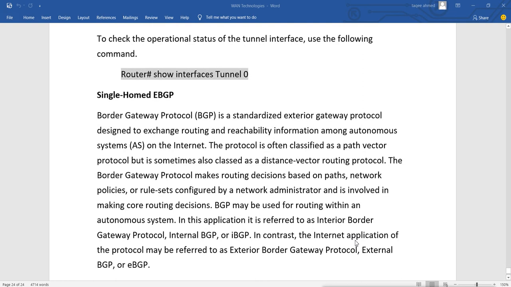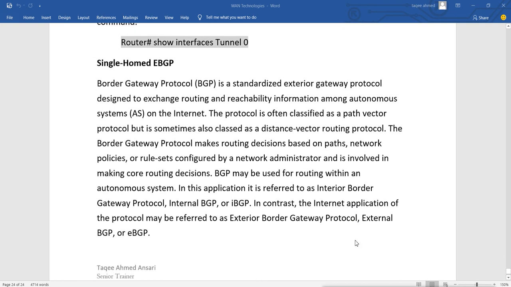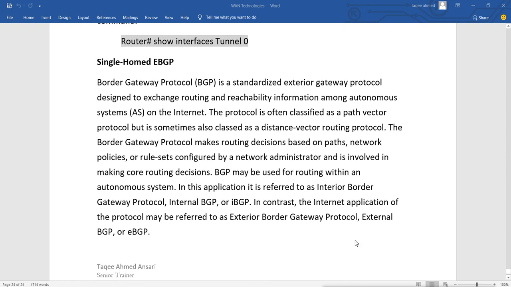Next thing is this single home eBGP. Now BGP is what? Border Gateway Protocol. This Border Gateway Protocol is a standardized exterior gateway protocol designed to exchange routing and reachability information among autonomous systems on the internet.